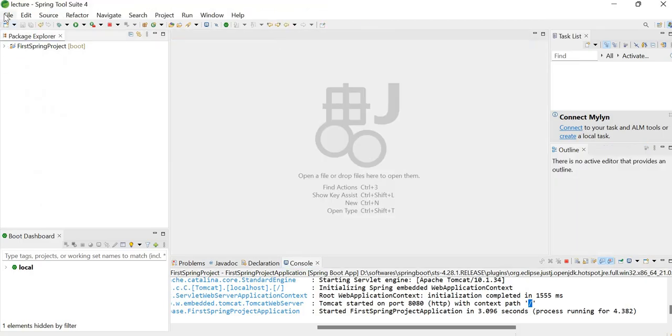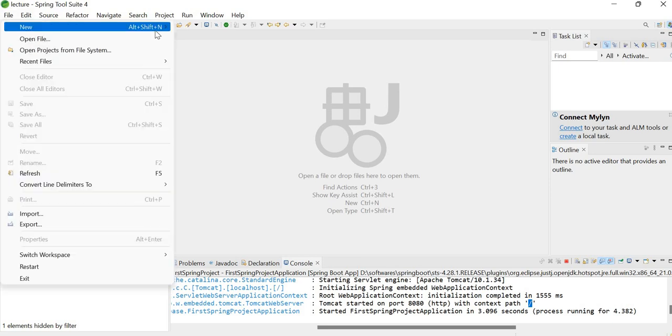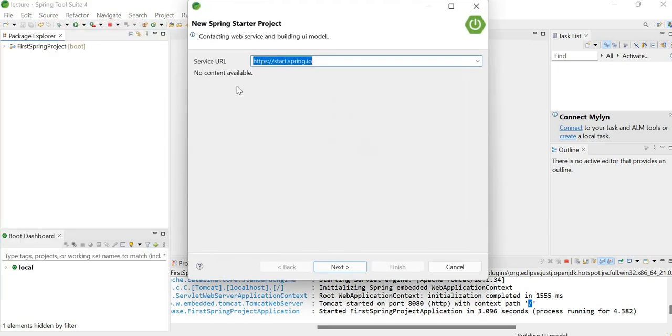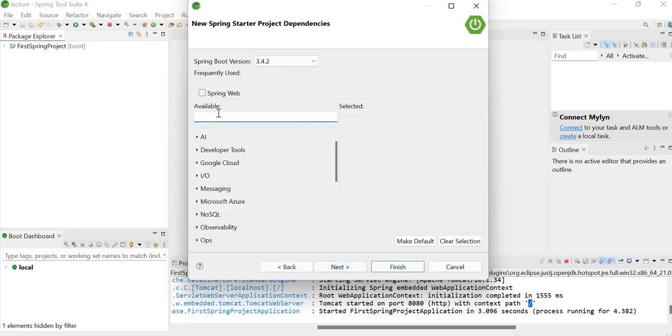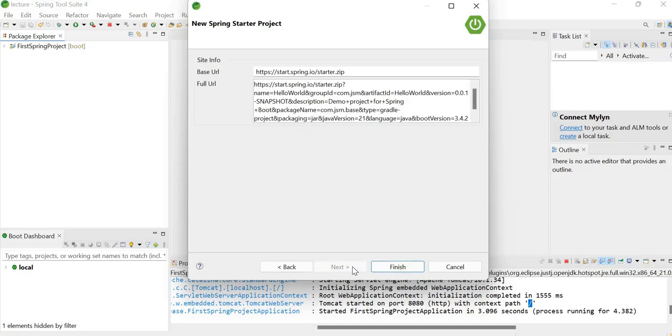Now we will write a simple Hello World project. We will create one REST endpoint which will return the string Hello World. Great. So just create a new Spring Starter project, name of project as Hello World, com.jsm package, click on next, select the dependency Spring Web, click on next and click on finish.